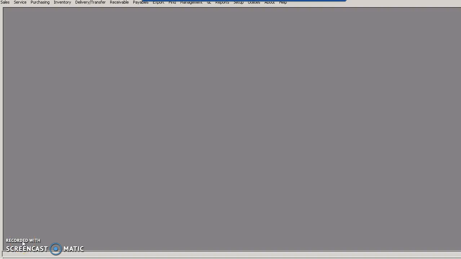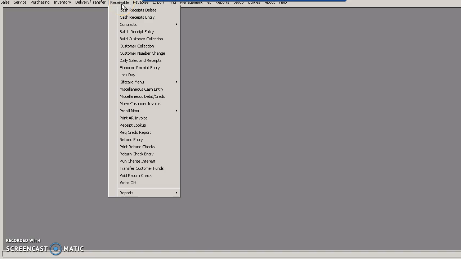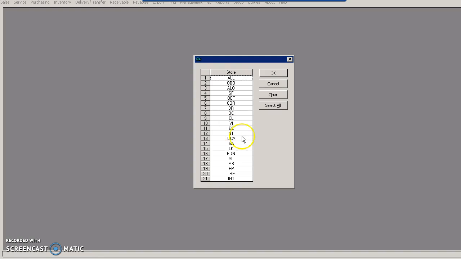Hi everyone, I wanted to take a few moments to review with you your DSRs, how to print each morning what is due for deposit in your stores. So from your management screen, if you go into your receivables and click on daily sales and receipts, select your